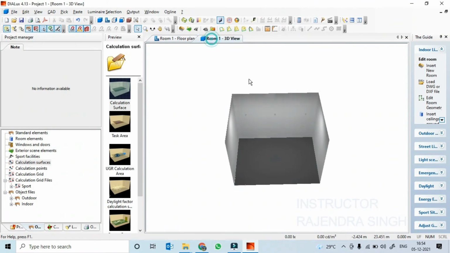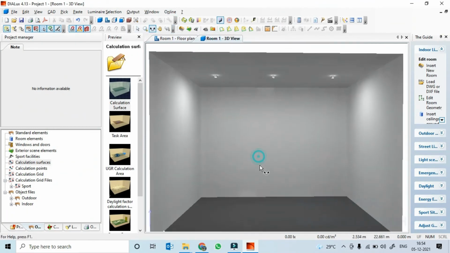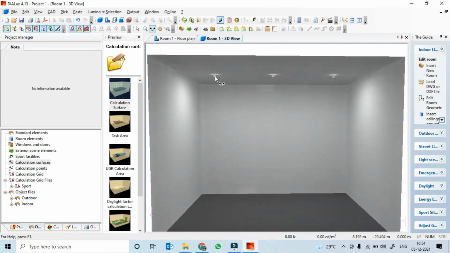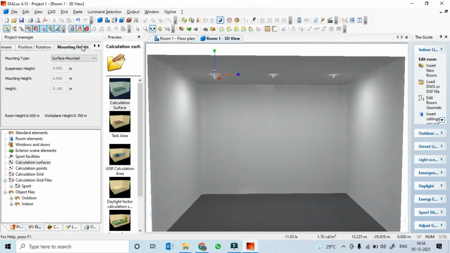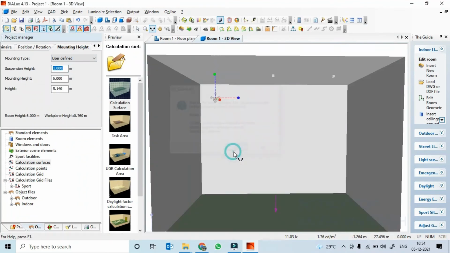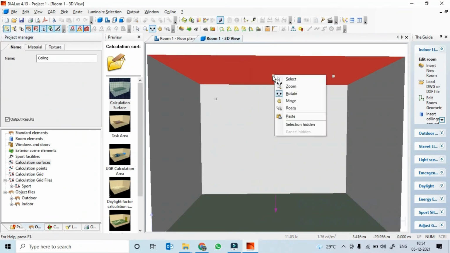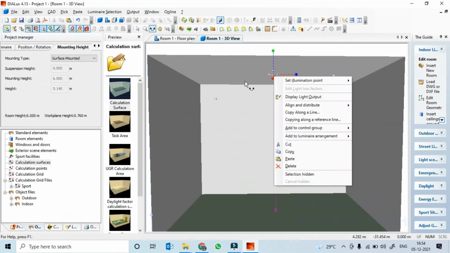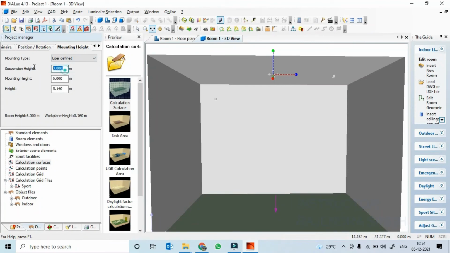If you go to the 3D view, you will see how the light actually looks. All these are surface mounted, so I want to make them suspended. So user defined, 1 meter suspended height. I would change it here, and here also I would change it, 1 meter.